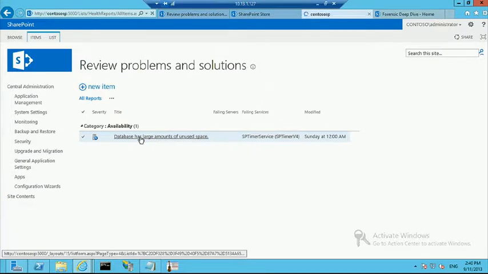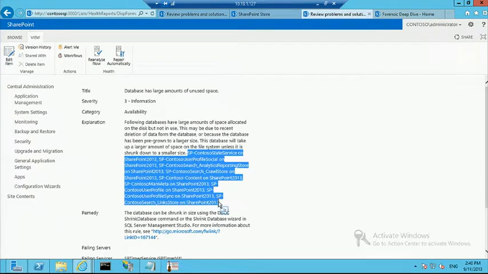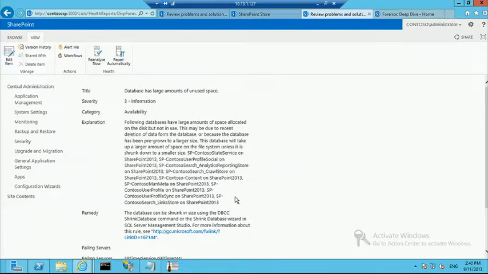So let's have a quick look at this. So you can see the severity is information, the category is availability, and the following databases have large amount of allocated space on the disk but not in use. So you can see I've got quite a few databases in there. Now, as I said, I've modified my model database on my SQL server so that any time databases are created, they're going to be created larger than they should be,